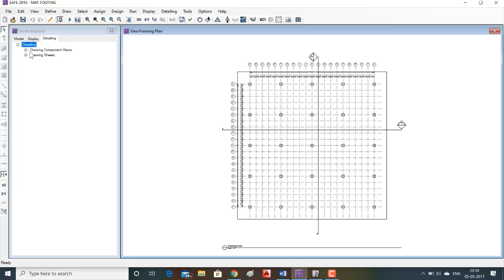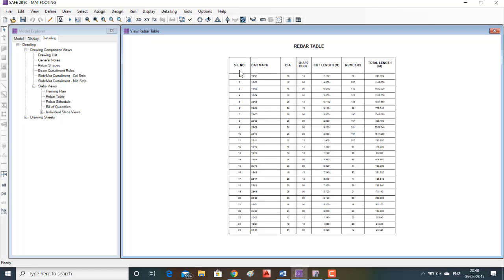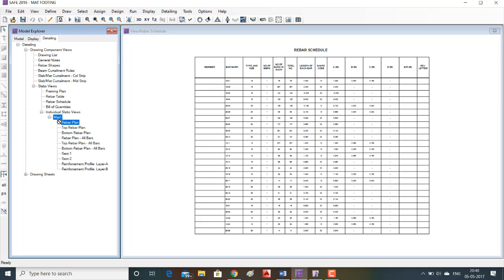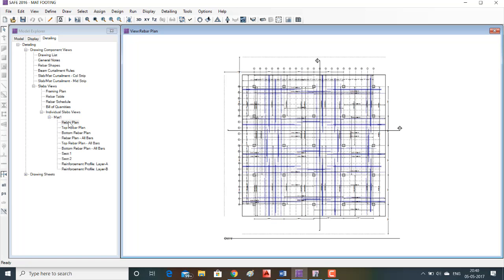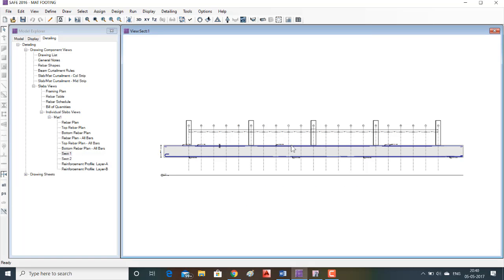For that, expand the drawing compound view, rebar tables. You can see the rebar table, rebar schedules, rebar plan, top rebar plan, section view of the mat footing.